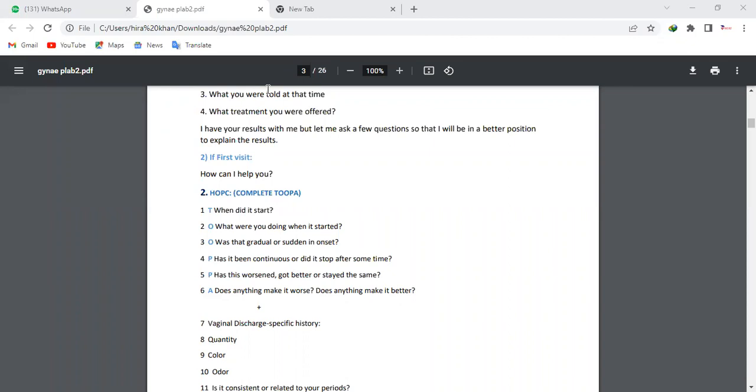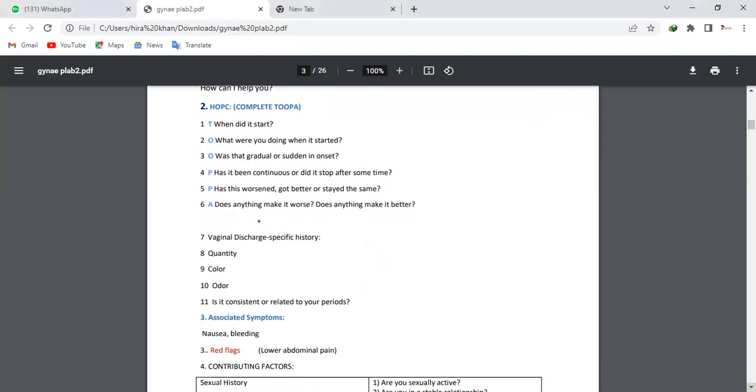All right, then there are some extra questions that you should not miss, because for all the differentials that come around regarding vaginal discharge, you will be able to identify the exact cause by asking further questions. Like, can you please quantify it, how much the discharge is, what is the color of it, what is the odor of it, is it consistent or is it related to your periods? That is important. You are not supposed to miss any point from these four: quantity, color, odor, and whether it is consistent or related to your periods, because most of the infections that are non-STIs are most probably related to the period. So you have to ask these questions.